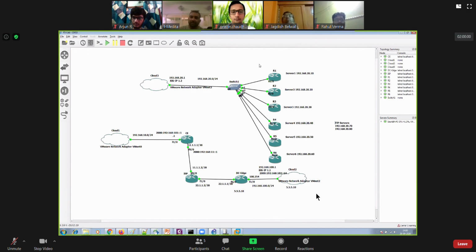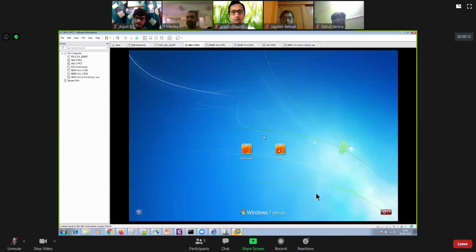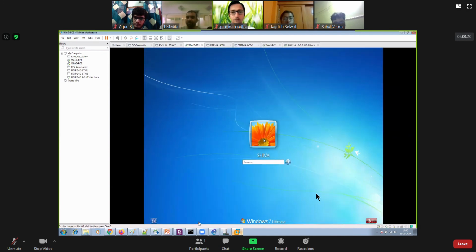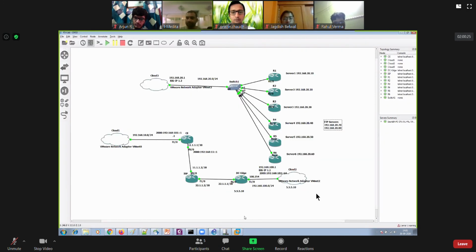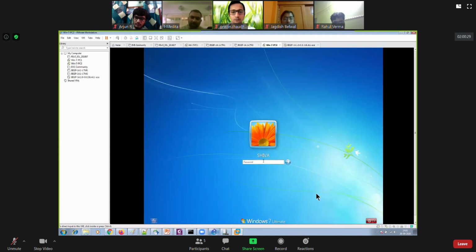So guys, I'm going to shut down these servers, not needed, but let's keep them up. I have two FTP servers. One is this Windows PC1 that I will utilize as an FTP server. The IP address of this should be 20.70, and on PC2 it should be 20.80. So on PC2, let me log in.